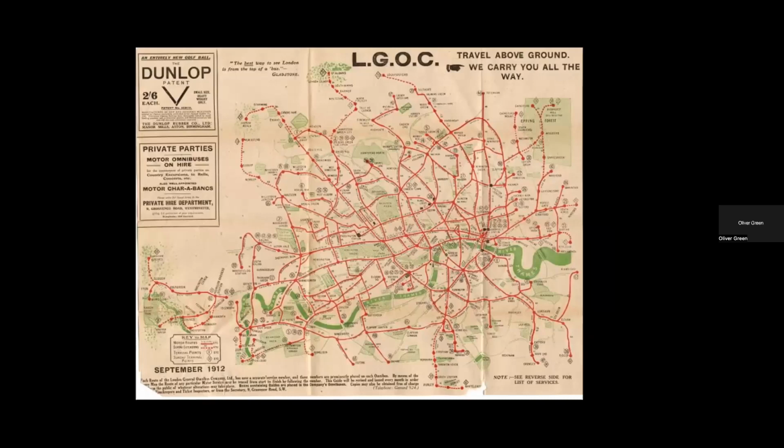And at almost the same time, only slightly later on, the new bus maps were drawn. Throughout the 19th century, the buses in London were, of course, horse-drawn. By 1911, nearly all of them had been changed to electric or motor routes. By 1911, all of the horse-drawn buses had gone, and this is the first London bus map of the time